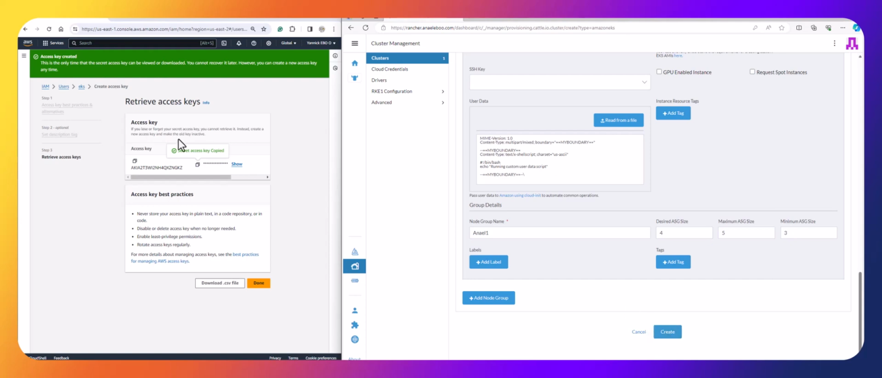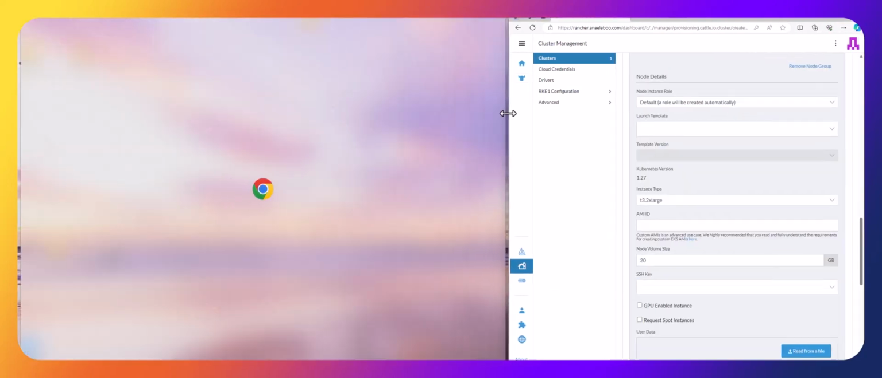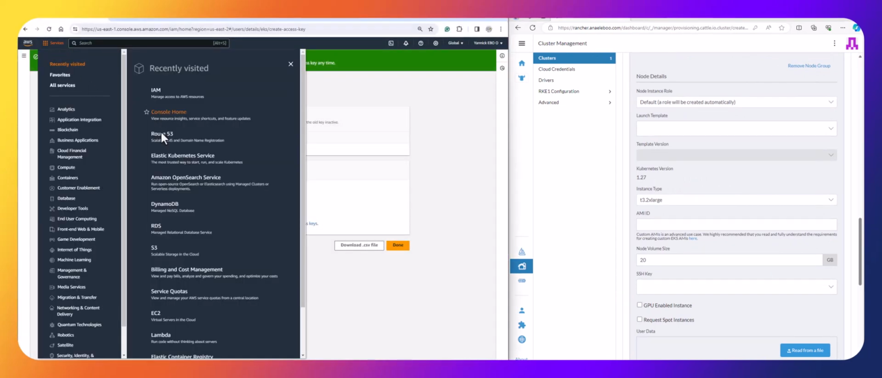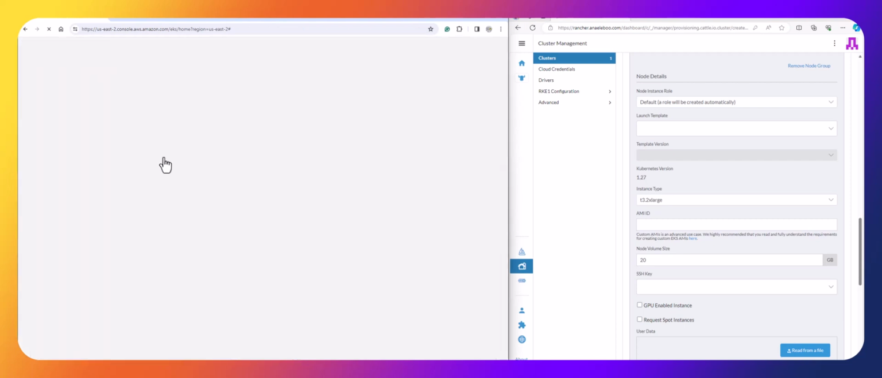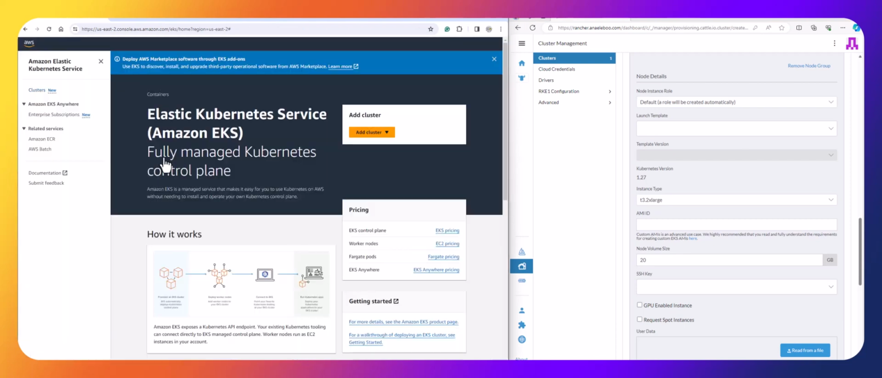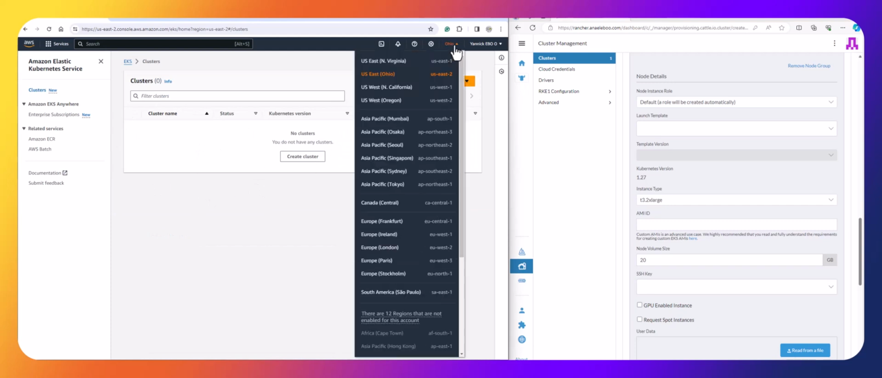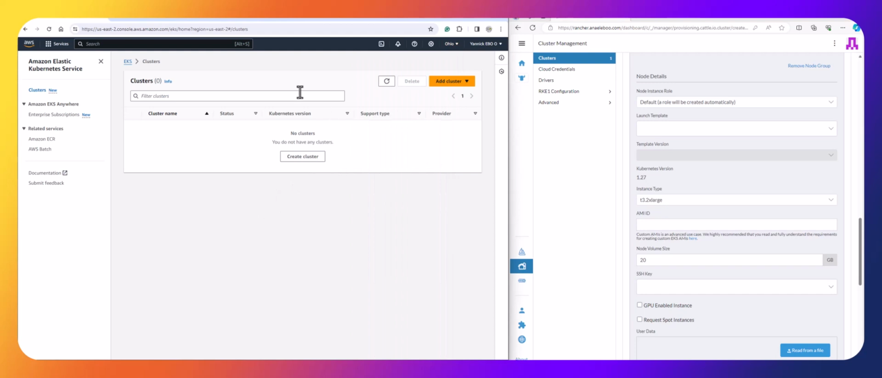But before I click on create, I want to come to my EKS. Let me make it a little bit bigger. My Amazon, sorry. I'm going to go to EKS. And you guys are going to see that we don't have any cluster and we are using the proper region. We said we're going to create it in US East 2. So we don't have any cluster in US East 2, right? So I'm going to come over here